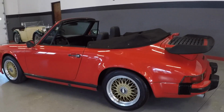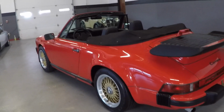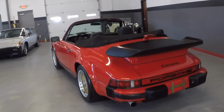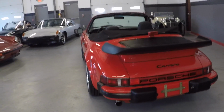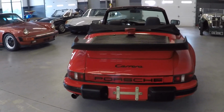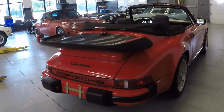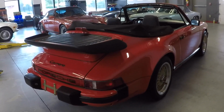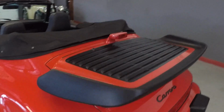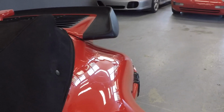Porsche floor mats, again, nice little touches. The Dansk upgraded exhaust. He upgraded the air conditioning compressor and the condenser. Again, little things like the deck lid struts, because the car does have the turbo tail. He put heavy duty struts, and I'll go ahead and open that up so you can see what I'm talking about, and then we can see how clean that